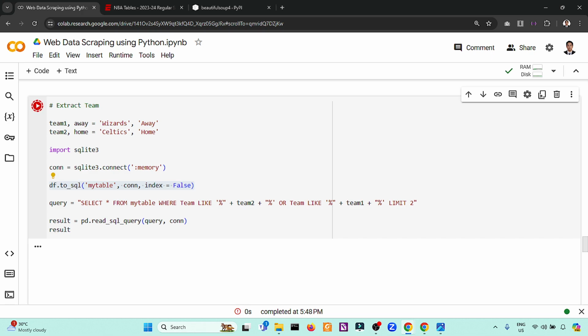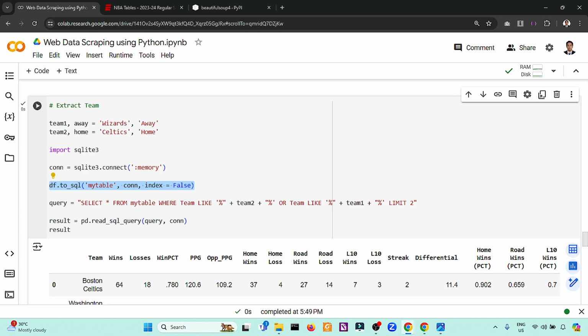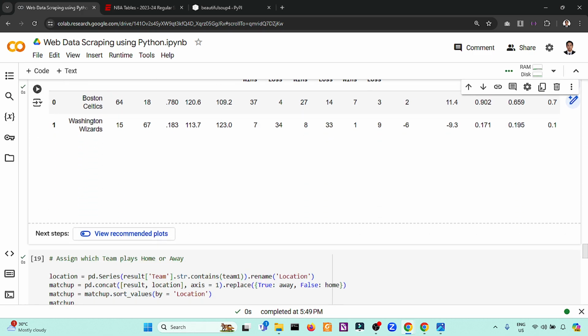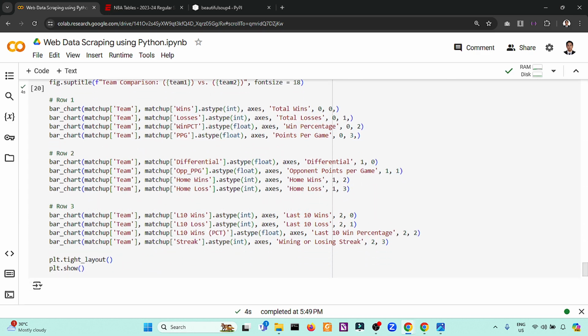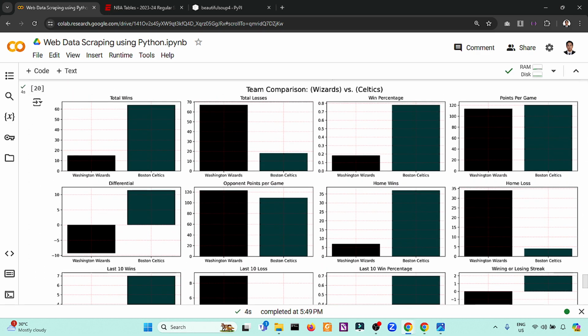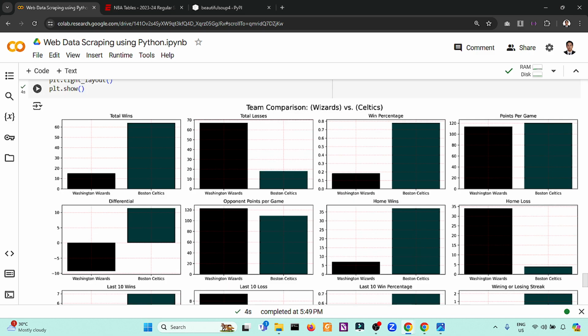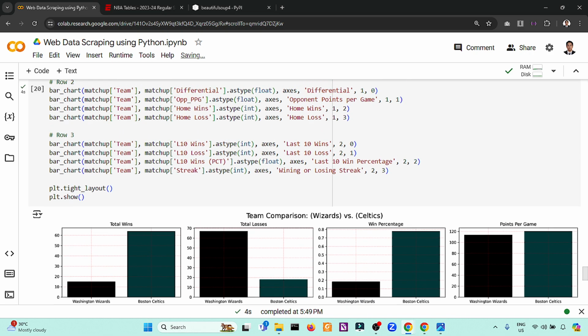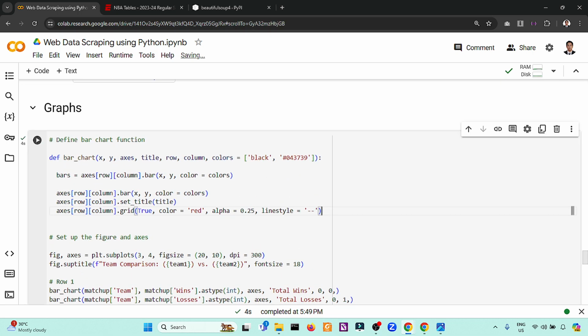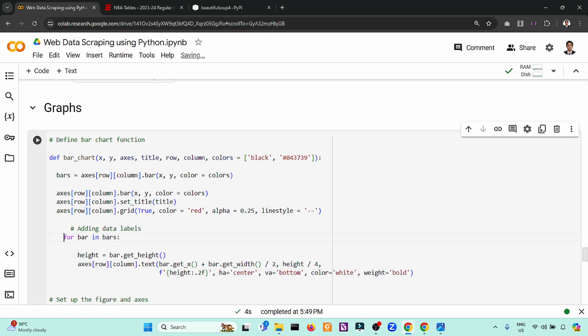Or you can have a code that if it exists already, you don't need to create the table. But for this one, this will be the comparison. So total wins, around 64, then around, so if you are having trouble with this, you can add this line of code. If you want to add labels to the specific graph, if you want to be precise, you can do this one.